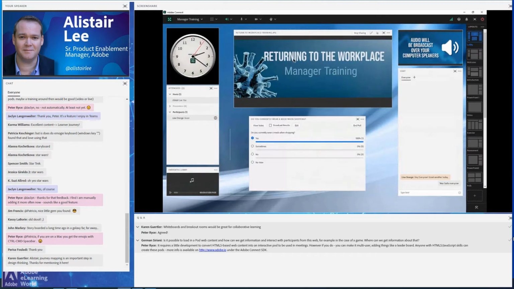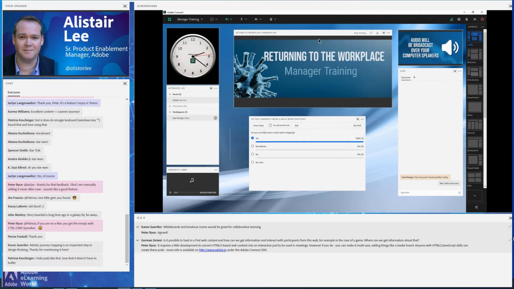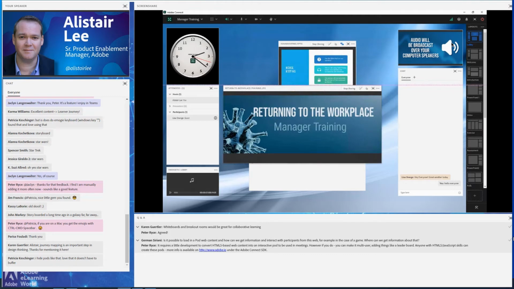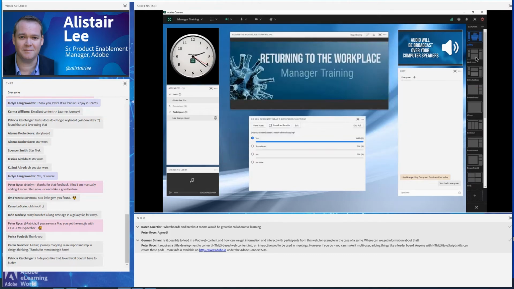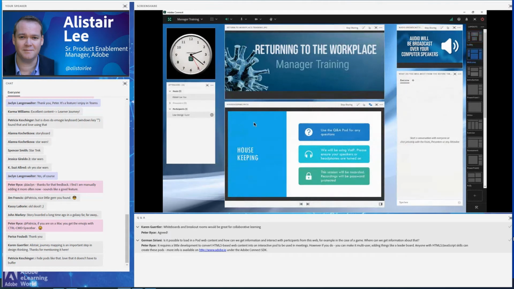So this is a SharePod. There's a lot of stuff that we can add to a SharePod, including video, PDF documents, PowerPoint slides. But I love using SharePods just for adding images. This is telling somebody that they're in the right place. But in this case, we're using this SharePod to hide some content behind it. That way, when I move to the welcome layout, that presentation pops right up. It's a nice tip. If you're already an Adobe Connect user, this is a way to load your content lightning fast.